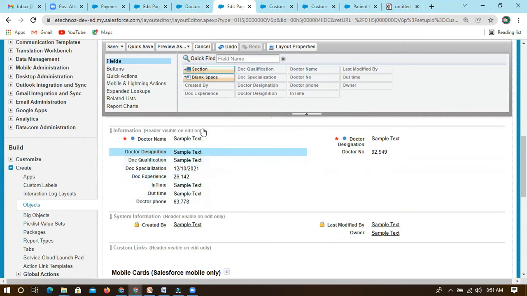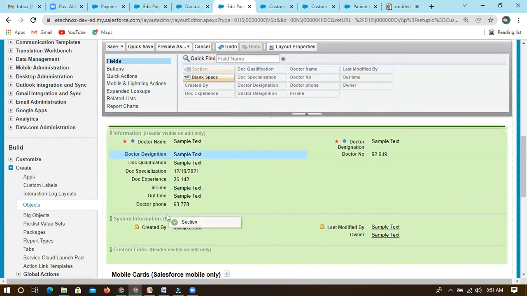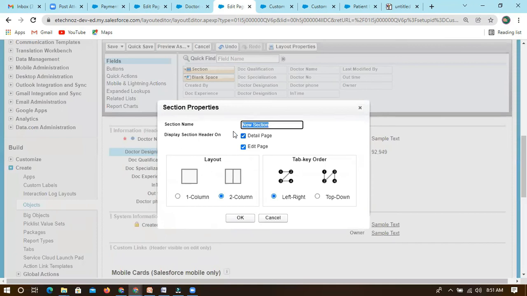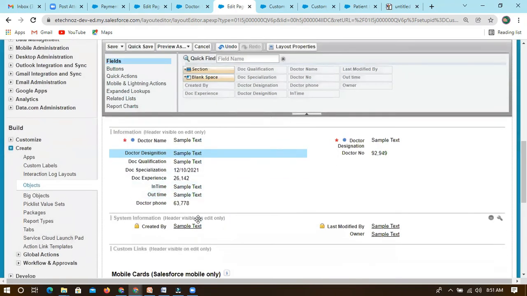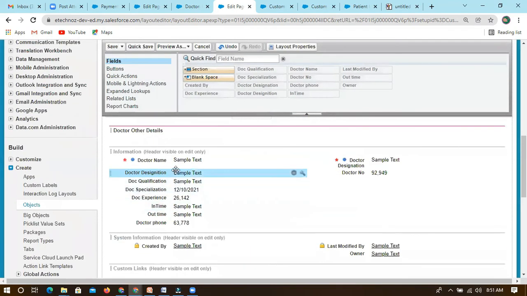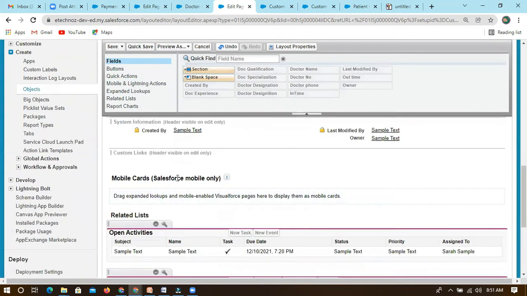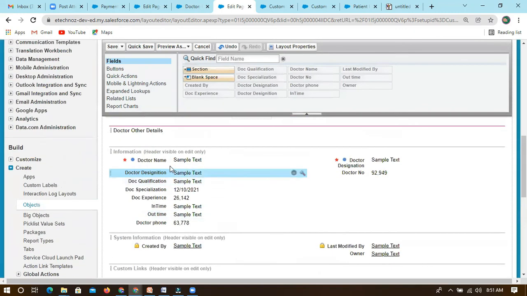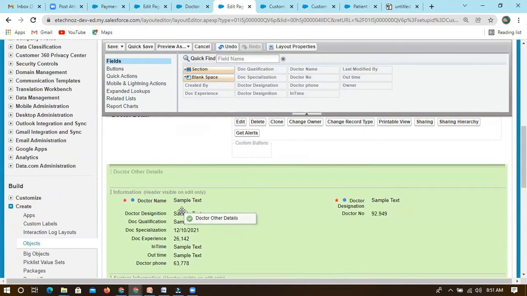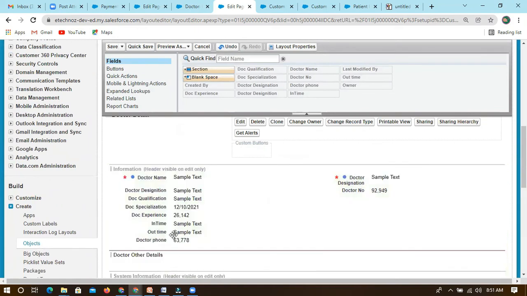For these I can create a different section, doctor other details. I can put it for detail page and edit page also, two columns, left to right. Now it created the section, which came on the top, so it should be a footer.